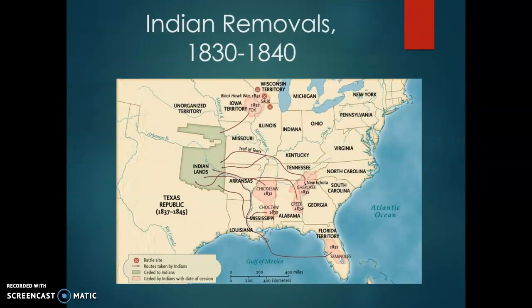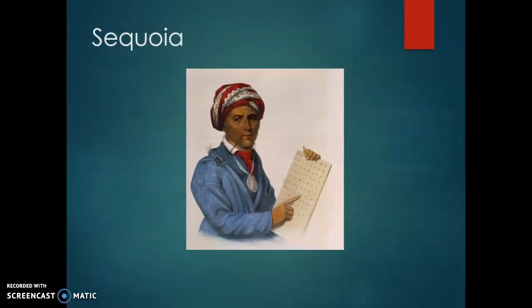But as you can see, here are the Indian removals, 1830s, 1840s, again, moving them into what eventually becomes Oklahoma, and then other territories, only to find out they're going to move them from there once they have oil as well. But almost all of this is forced marches. The Creek, Chickasaw, Choctaw, Cherokee, and Sauk, Fox, all these others are going to be forced off their land. Sequoyah was the leader of the Cherokee.